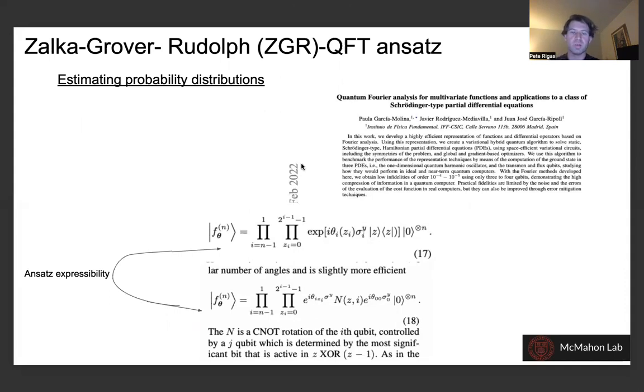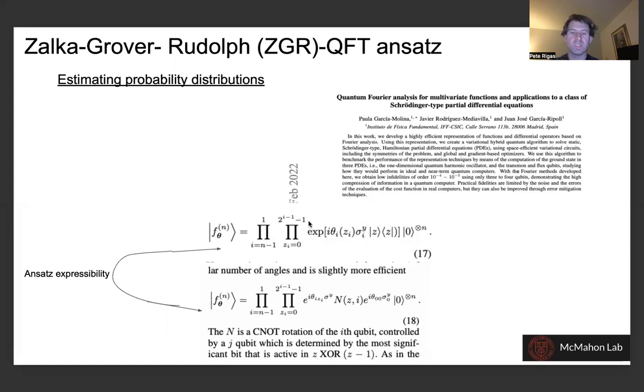There are many papers in the literature that have talked about this topic, but this paper, given more recently in February of this year, draws our attention towards ansatz expressibility, in which the authors talk about different ways that you can represent a ZGR QFT ansatz for representing the probability distribution of the quantum state associated with F_n of theta. These two ansatz are the same in that they have two products that go over the same symbols. However, there's a different quantum operator that acts on the 0 state raised to the tensor of n,